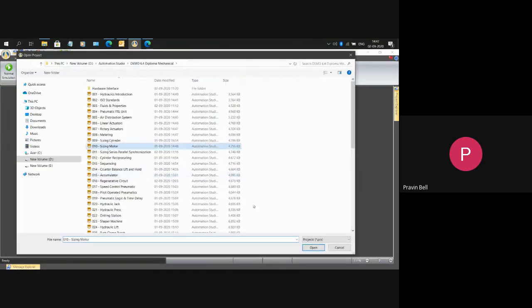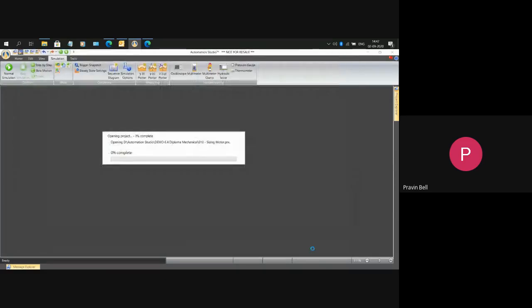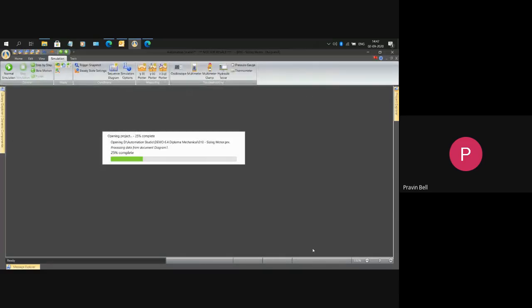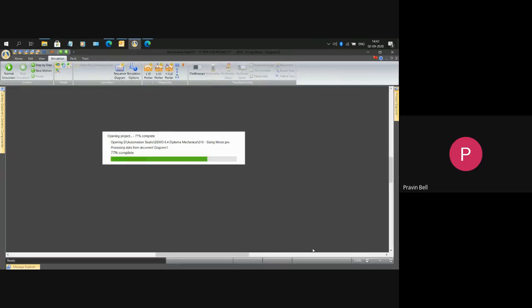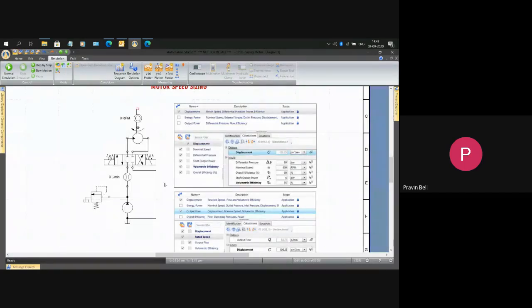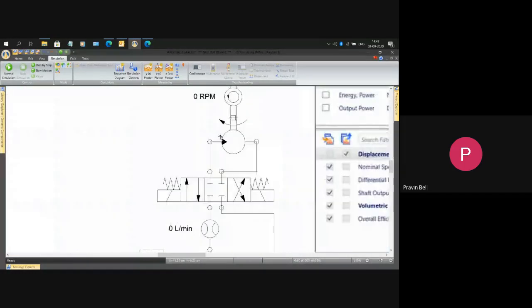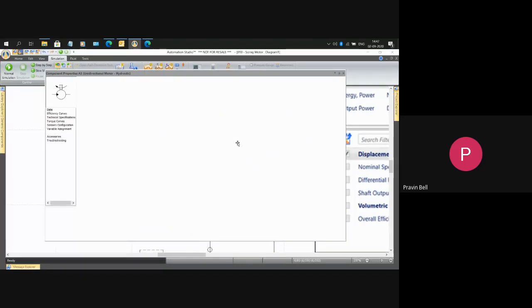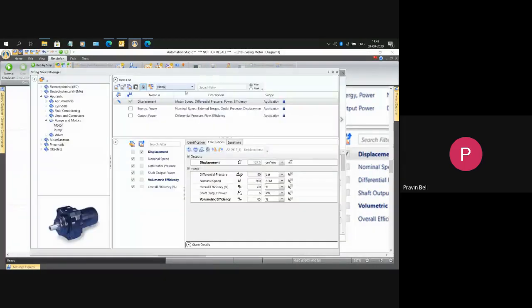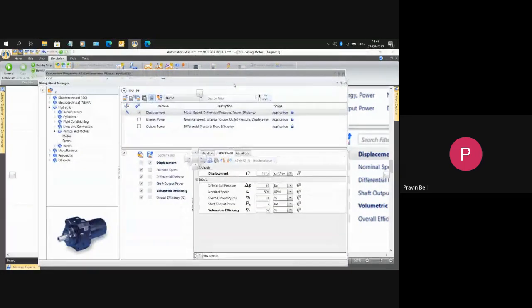Another small sizing problem we'll take is that of a motor. Again, it is a design based problem, and in this we are going to calculate the RPM of a particular motor at a fixed speed. So this particular unidirectional hydraulic motor, we want this motor to operate at a particular RPM. So I go to the sizing module. I tell the software I want this motor to operate at 600 RPM. A pressure relief valve is at 80 bar.